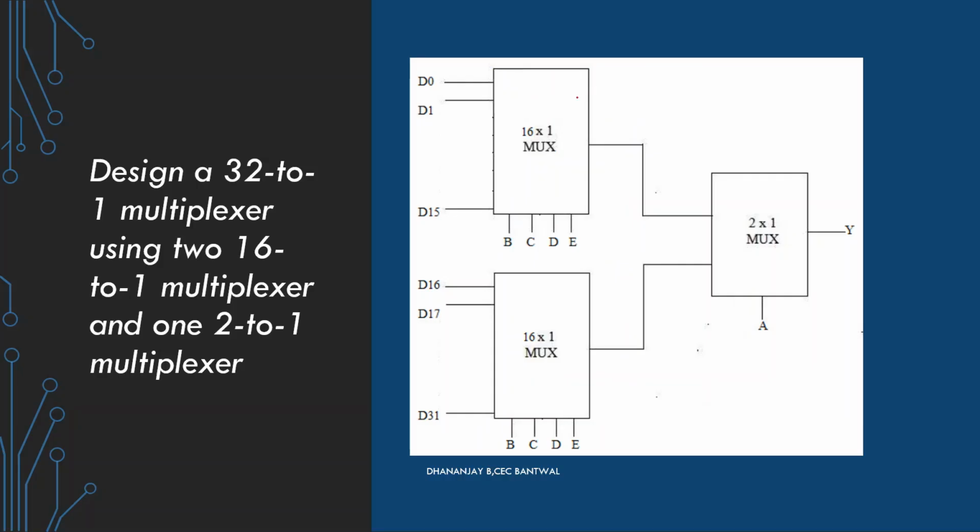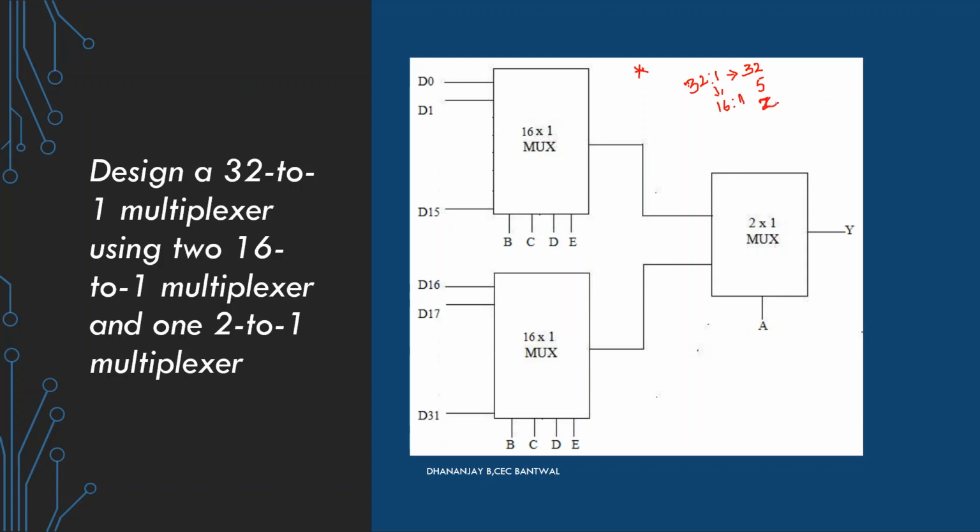This topic, or this question, is an important one from the examination point of view. What they have done here is implement a 32:1 mux using 16:1 muxes. But they have not gone with the entered variable mapping method; they have gone directly with the designing. When I speak about a 32:1 mux, how many data inputs? There should be 32 data inputs. How many selector inputs? There should be 5. How many outputs? 1 output.